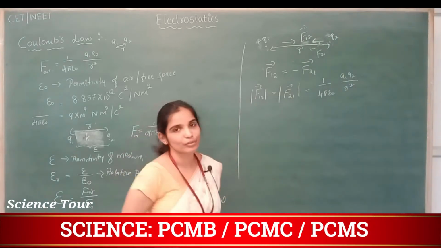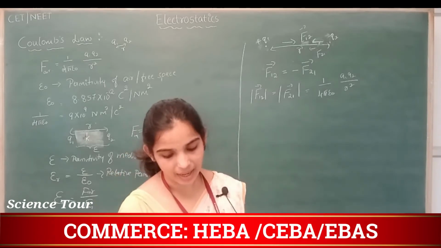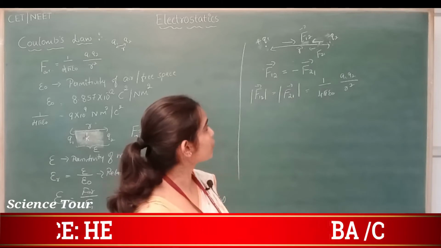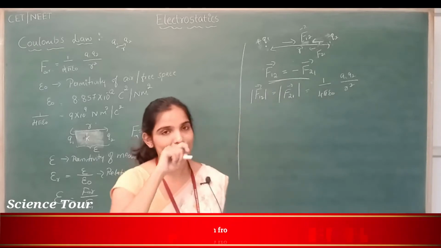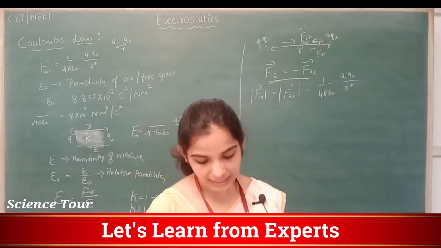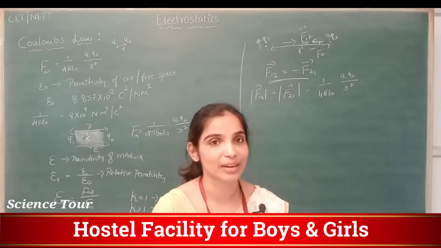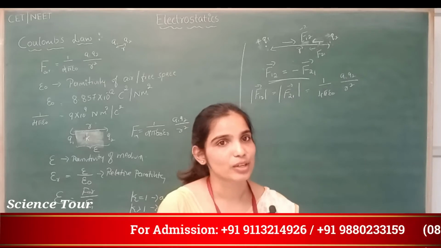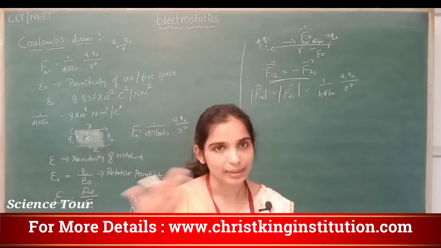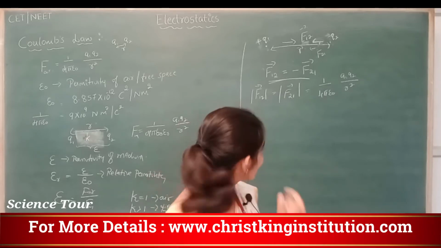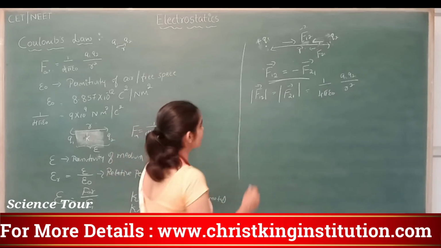And this is a central force, and it obeys Newton's third law. So, Coulomb force is a central force and it obeys Newton's third law. What is Newton's third law? For every action there will be equal and opposite reaction, and it is analogous to Newton's law of gravitation. You know what is Newton's law of gravitation, correct? So, gravitational force is equal to G times m1 into m2 divided by r square, where G is the gravitational constant. So, this is very similar to that, correct?